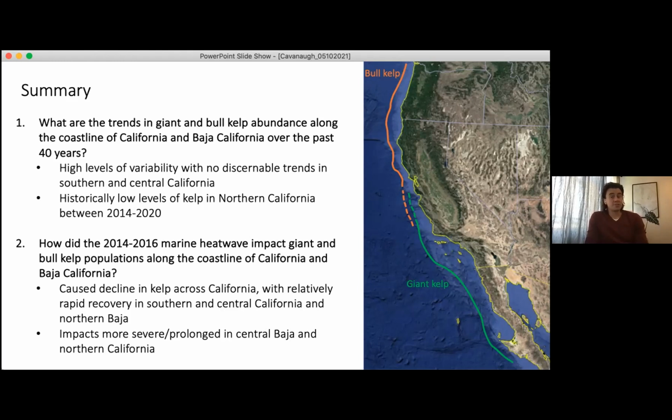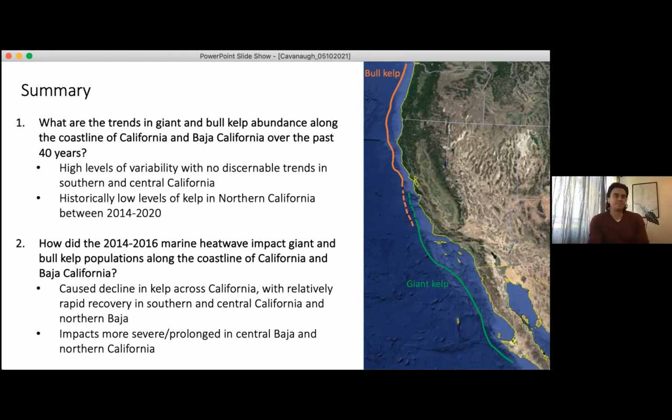There's the concern that these shifts, these declines in kelp, can be very sudden, and we've seen that in Northern California, right? We've seen a dramatic loss of kelp with little recovery. So while there's no long-term trend in Southern and Central California and Northern Baja, and these areas have shown resilience, I think we need to work to maintain that resilience and try to identify thresholds that are associated with the ecosystem